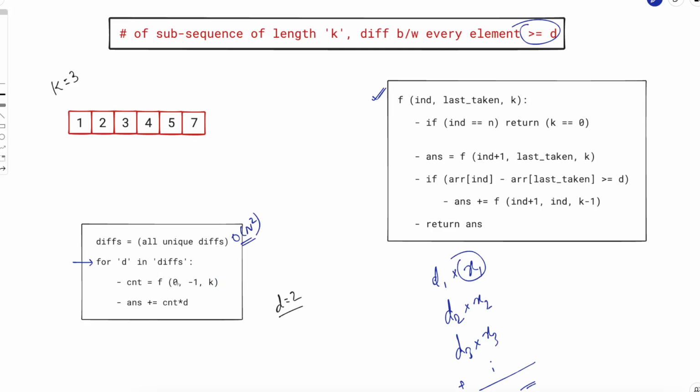And once you have figured that out, you will simply multiply it with the diff to get the value of one expression from this, and you will do this for all the diffs and you will get the final answer, right? Now it's all correct, and the complexity will be of order n power 5, because if you remember, this was of order n cube and you're doing this for all the diffs, which is n square. So order n power 5 is the complexity, which will pass